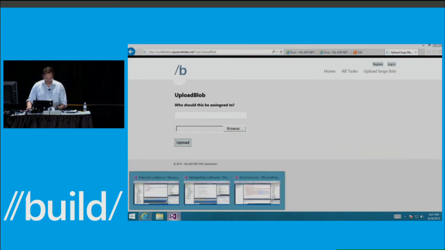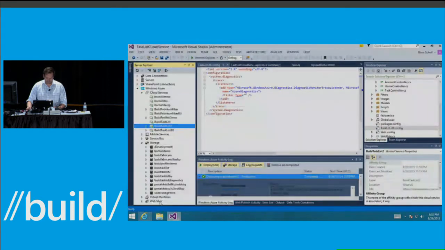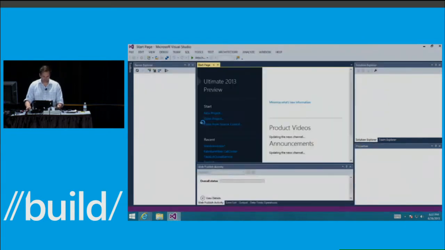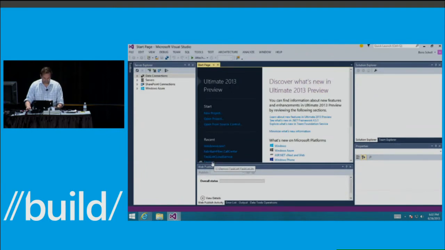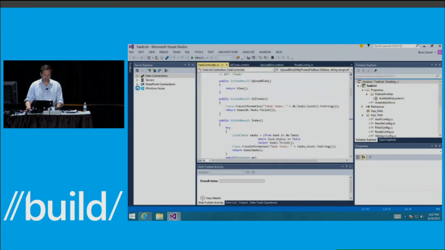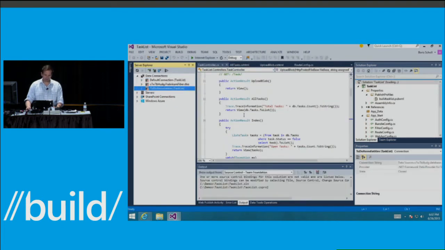So in that particular case, I can really go in here. Let me just open a new instance of Visual Studio to open that project. While it's opening, I can go in here. So this is the project that I deployed through Web Deploy. That's the task list we've just seen. Go to my website folder. While that's loading,